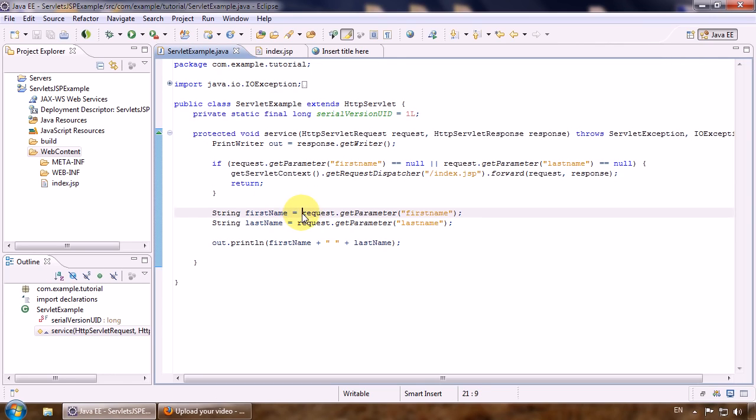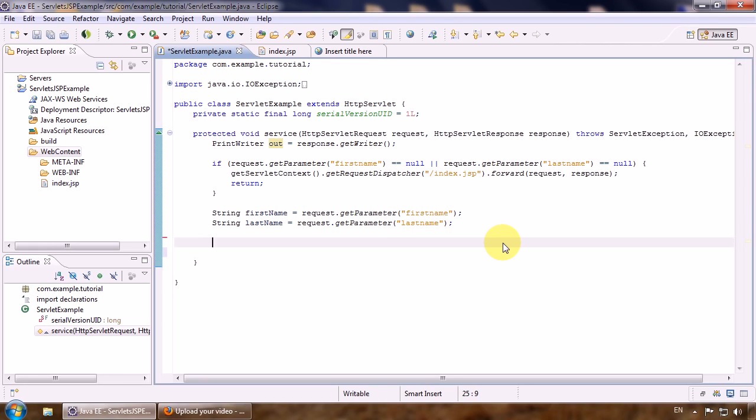So we get the two variables here, and instead of doing like we previously did, using the output stream to output directly to our client, we will use the request dispatcher to show our output